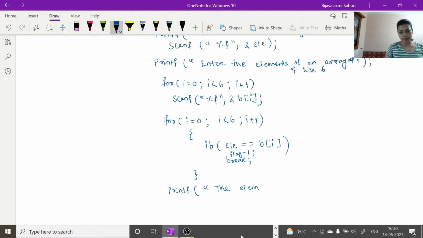the element equals to percentile D is found at